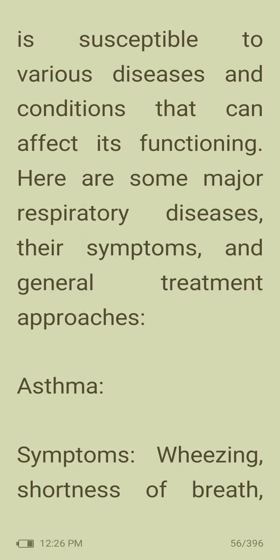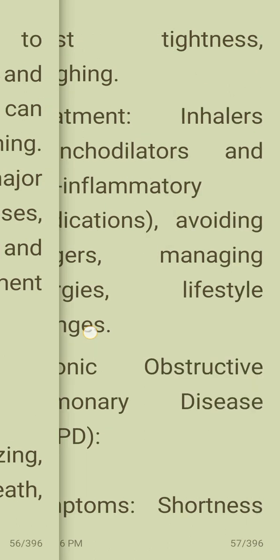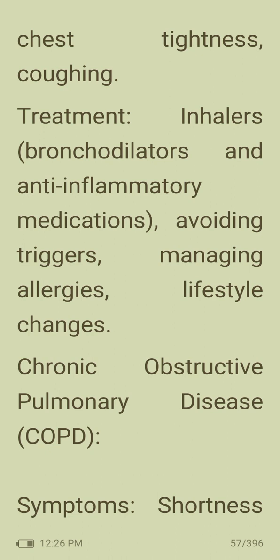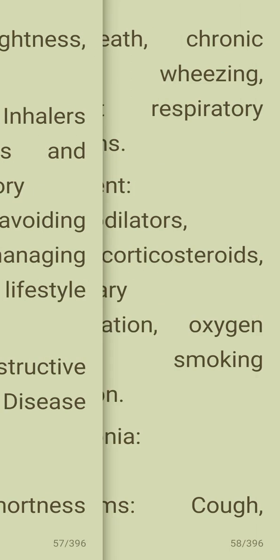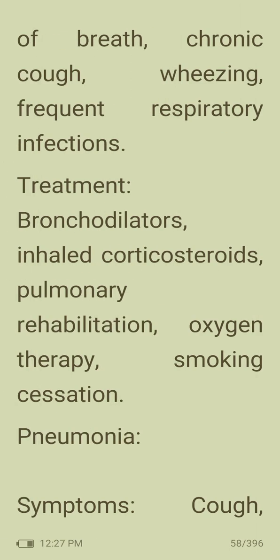Major diseases related to the respiratory system. Asthma. Symptoms: wheezing, shortness of breath, chest tightness, coughing. Treatment: inhalers like bronchodilators and anti-inflammatory medications, avoiding triggers, managing allergies, lifestyle changes. Chronic obstructive pulmonary disease, or COPD. Symptoms: shortness of breath, chronic cough, wheezing, frequent respiratory infections. Treatment like bronchodilators, inhaled